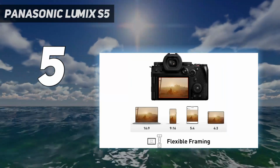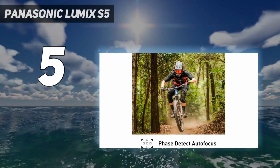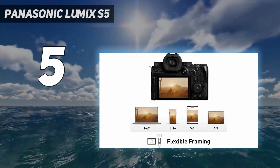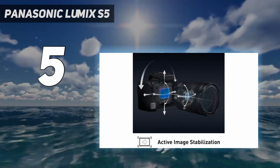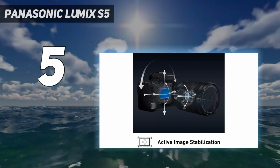The S5 II is a video specialist, and almost all of its extensive recordable video formats can be captured with a maximum of 10-bit color, including 4:2:2 10-bit C4K/4K 60p video, without any video recording limits. If you're already a